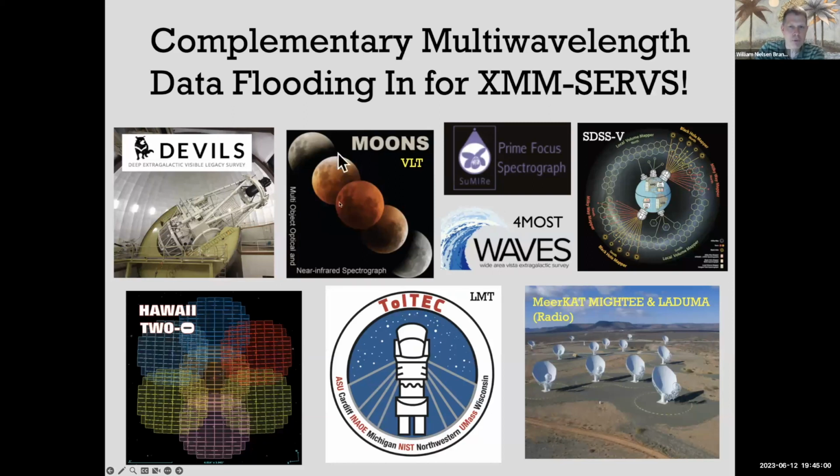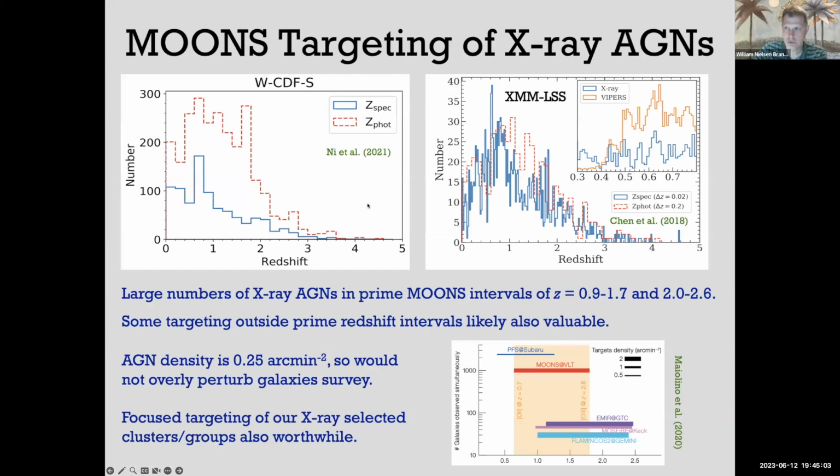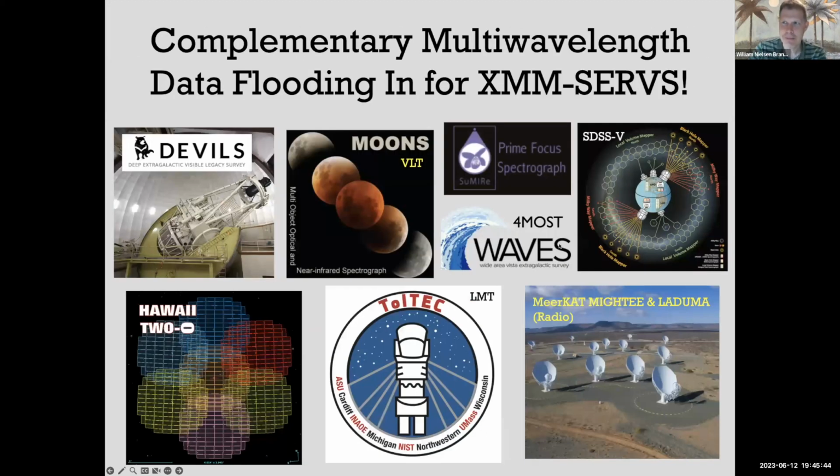And so those will be very exciting. And in fact, I'm a member of the MOONS project, and we have strong interest in targeting many of the X-ray sources with MOONS. And in fact, a large number of the X-ray AGNs from XMM-SERVS happen to lie in the prime MOONS redshift intervals that they're targeting of 0.9 to 1.7 and 2.0 to 2.6. You can see we have large numbers of AGNs. In fact, we're peaking in that range. And the AGN sky density should not overly perturb the general MOONS galaxy survey. And of course, focused targeting of our X-ray selected clusters and groups with MOONS will also be worthwhile. So MOONS is a very exciting survey, as are these other ones, for doing a lot of the massive spectroscopic